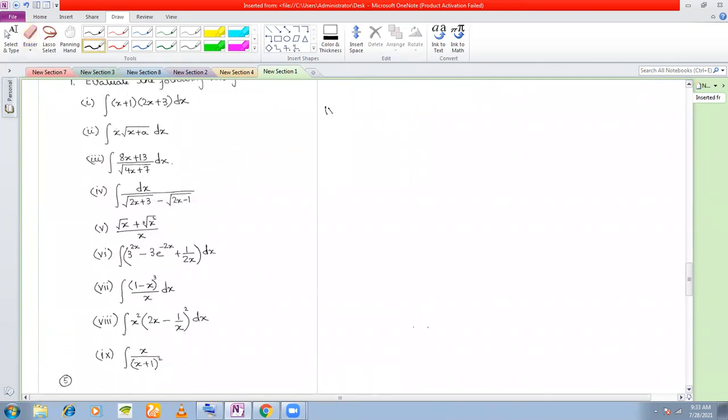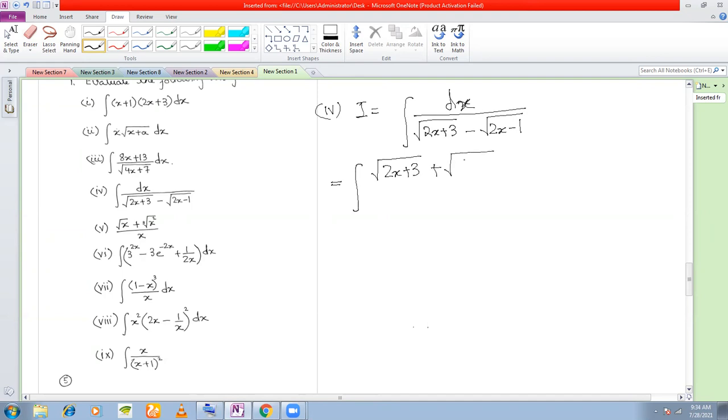Number 4. I is equal to integral dx divided by root 2x plus 3 minus root 2x minus 1. Now you see that you have irrational number in the denominator, you rationalize the denominator. So you rationalize, you multiply the numerator and denominator by root 2x plus 3 plus root 2x minus 1